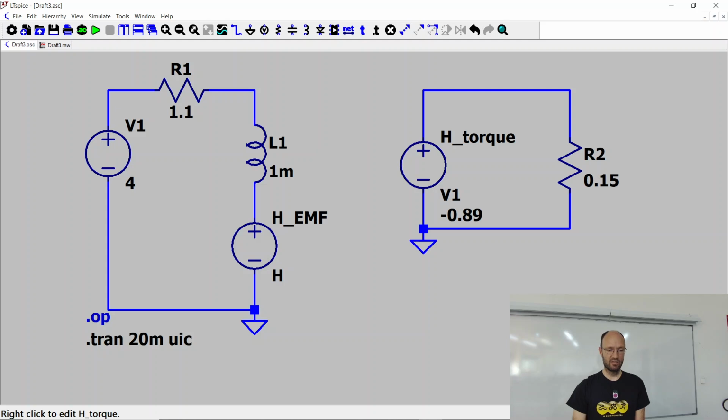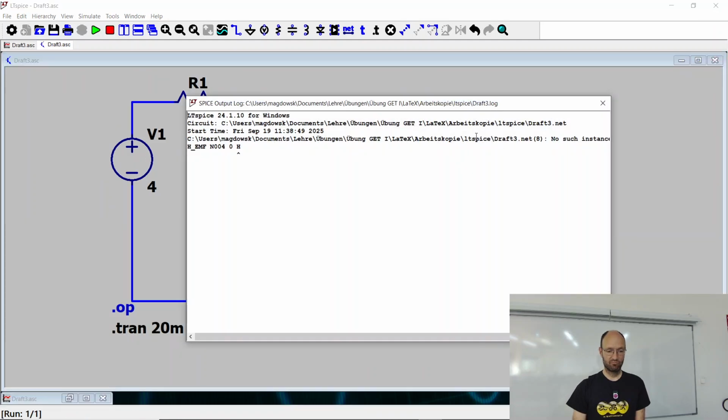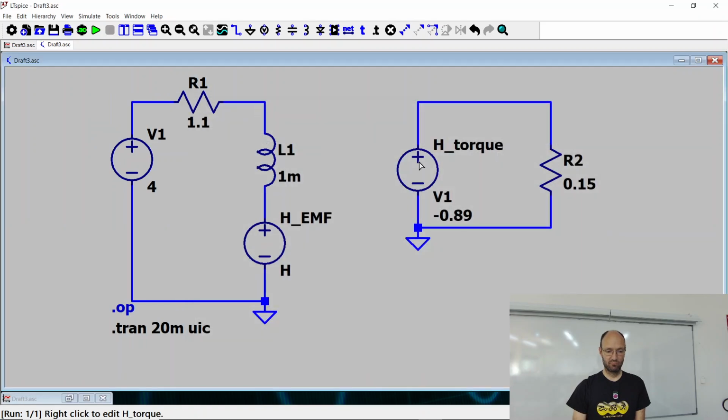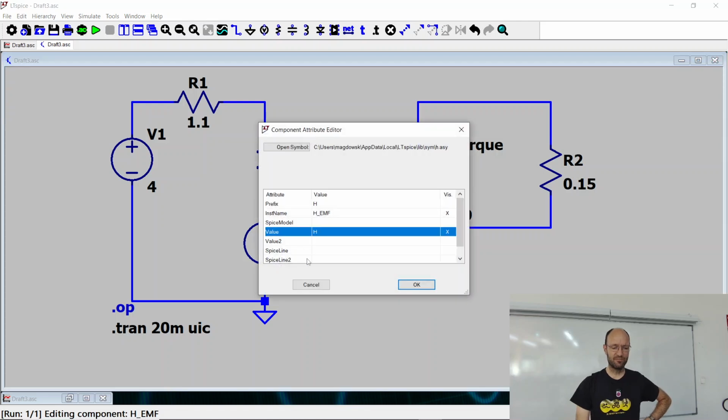Yeah, and so current would be also going downwards here. I'm not sure if I can use also this H source as a sensor, but we will see in a second. So if I take here H torque